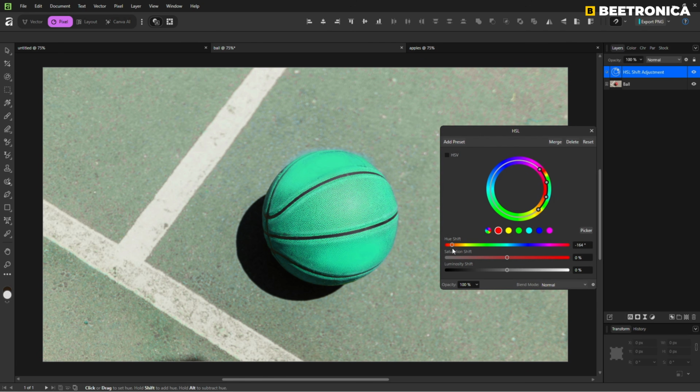However, we'll see the color of the area outside of the object, which is the floor, is changed as well. Notice it's a little green right now, and I don't want this. The one to be changed is supposed to be the color of the basketball only. So let's reset it first. To fix this, we can use these nodes